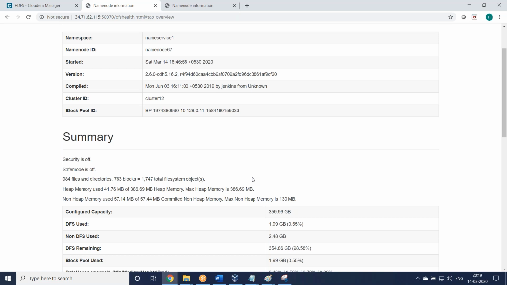You need to run some more commands manually in parallel. When you are doing high availability, we have to run some commands manually, but they will provide the commands. For example, with name node high availability, the commands will be given on the screen. You have to copy them and run them manually. That is the difference between Cloudera and Hortonworks. Remaining operations are the same.